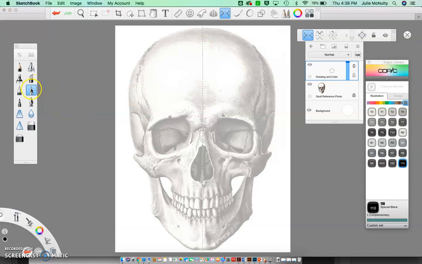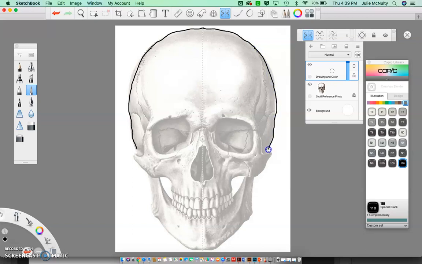Okay, so this black is down here. All right, so I'm in the paintbrush at 4.0. I'm in black. I'm using the symmetry tool, and I'm ready to start. I'm going to start just a little bit over the midline, just to make sure that when the line meets, it's definitely going to be closed. Okay, so I'm going to click down on my trackpad, and I have mice if you'd rather use those,